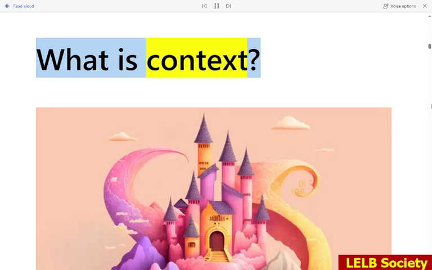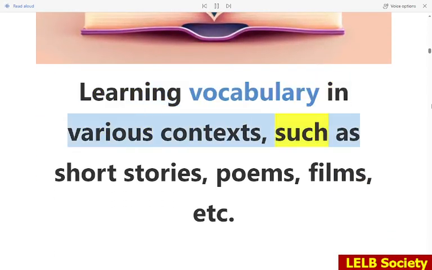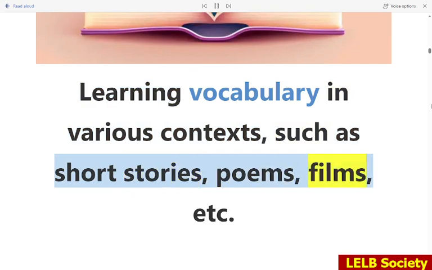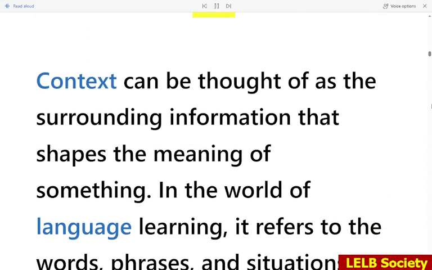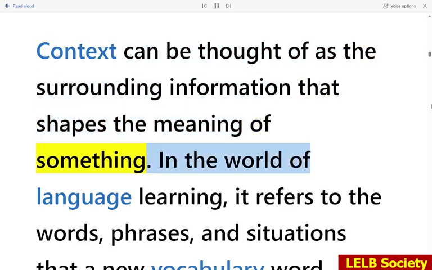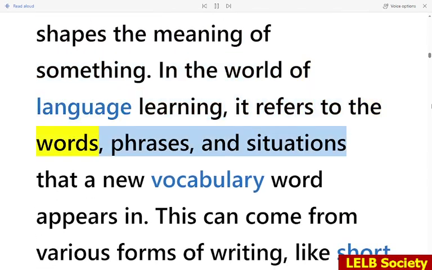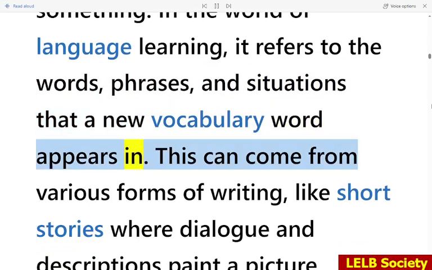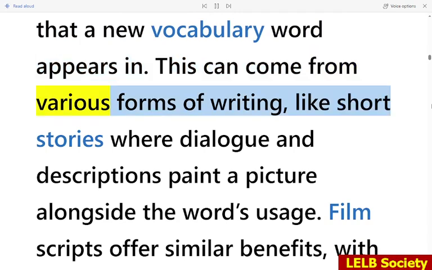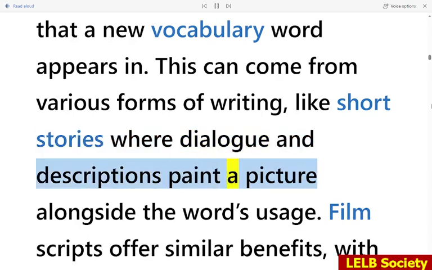What is context? Learning vocabulary in various contexts, such as short stories, poems, films, etc. Context can be thought of as the surrounding information that shapes the meaning of something. In the world of language learning, it refers to the words, phrases, and situations that a new vocabulary word appears in. This can come from various forms of writing, like short stories where dialogue and descriptions paint a picture alongside